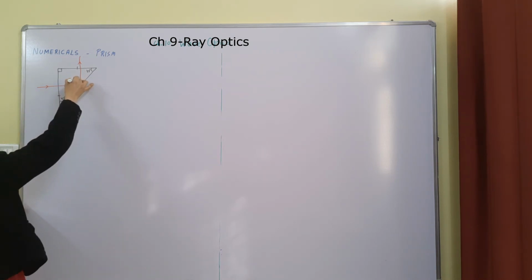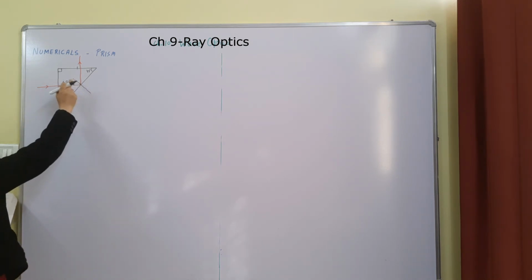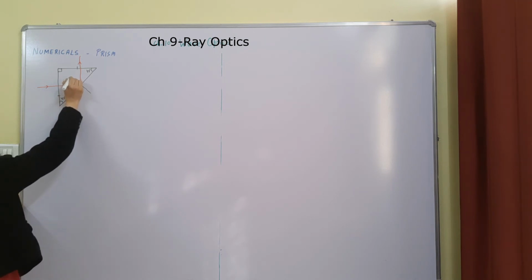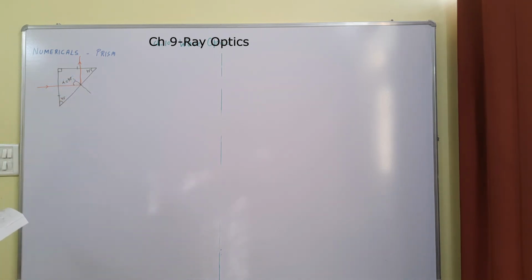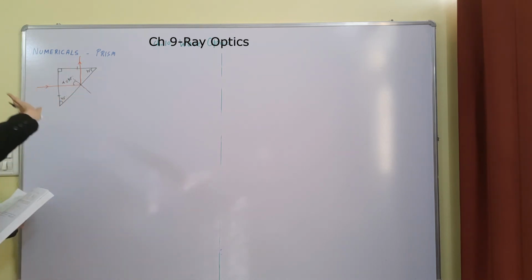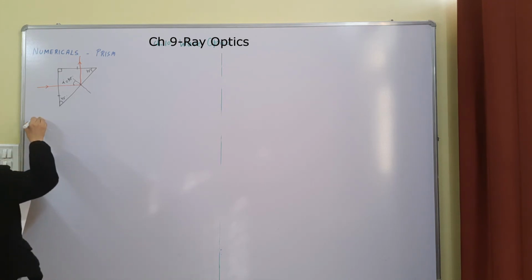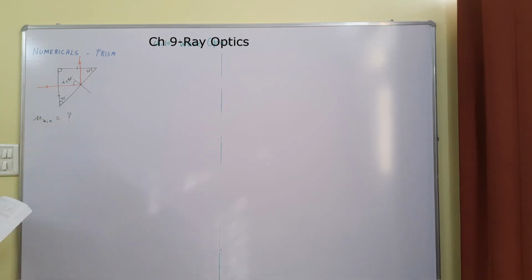So at this surface, if we talk about angle of incidence, what will be angle of incidence from mathematics? This is 45, this is 90, this is 45, so this will also be 45, right? And TIR is happening, this is already shown in the figure. So they are asking what must be the minimum refractive index of glass, right? So from here